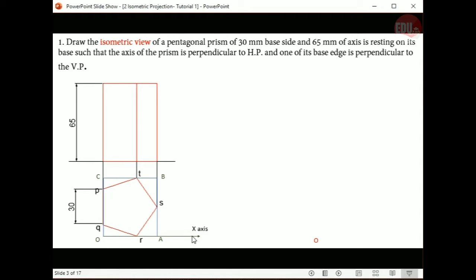Then you have to draw two axes, the x-axis and y-axis. In orthographic projection you can see only two axes, right? In the top view you can see the x-axis and y-axis like this. From the top view you can see the xy plane, with the z-axis as a point, isn't it? So like this you have to draw the x-axis and y-axis, and in the front view you can see the z-axis and this one represents the x-axis. In the front view you can see two axes, the z-axis and x-axis. In the top view you can see the x and y-axis. You have to do the same procedure for all the isometric drawings.